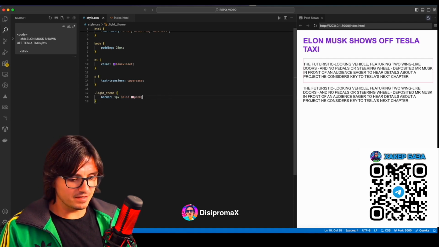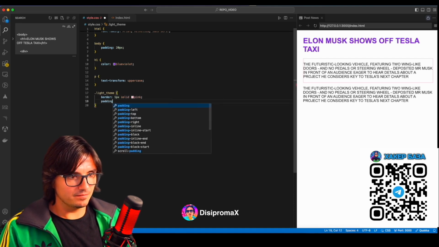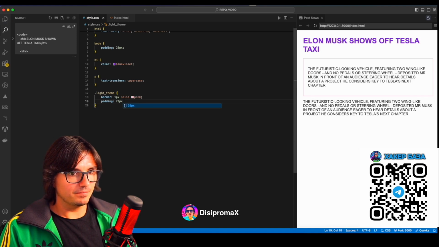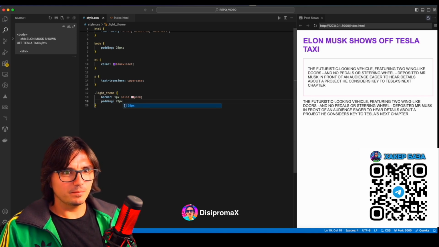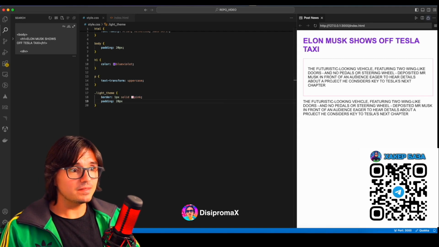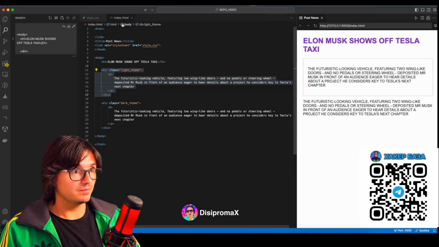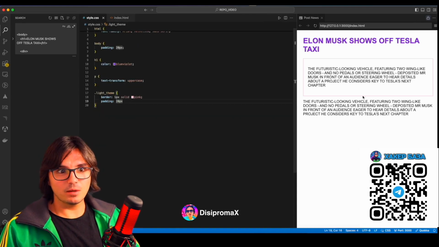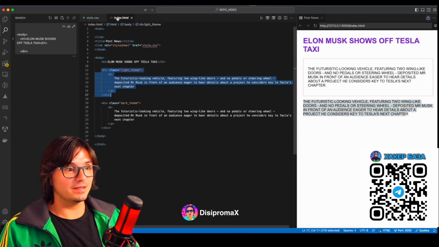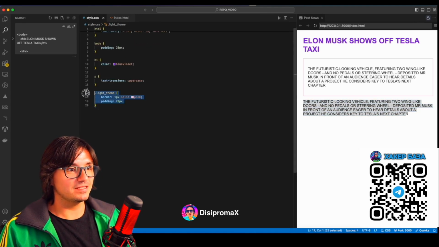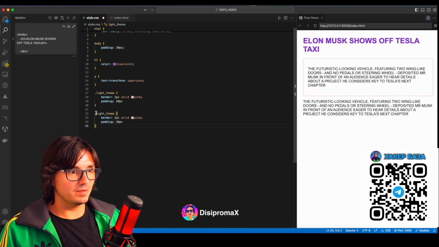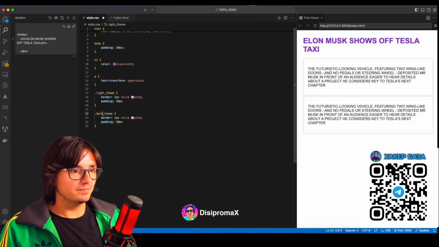Naturally, we want to add padding. Padding of 20 pixels. Well, okay, let it be so. You see the light theme applied exclusively to this div. Exclusively. That's it. We've covered that. Now we want, naturally, to address the second theme, dark theme, doing the same thing, now copy-pasting. We just need to replace the words with dark here.